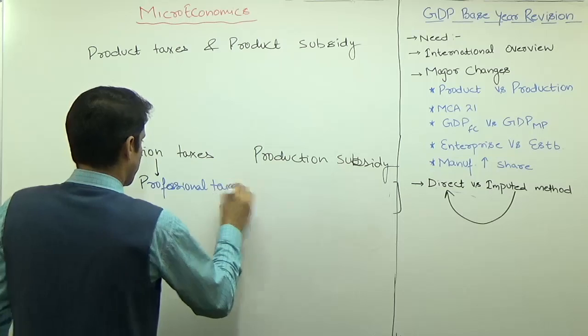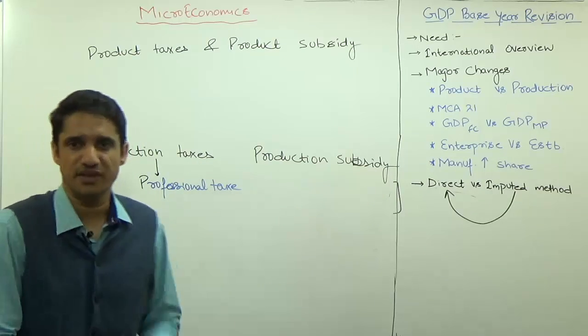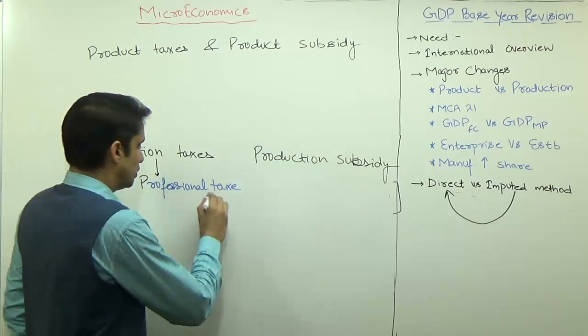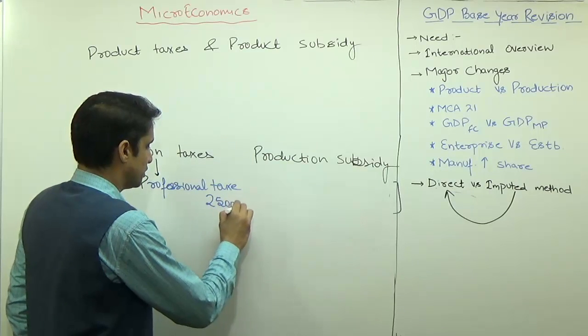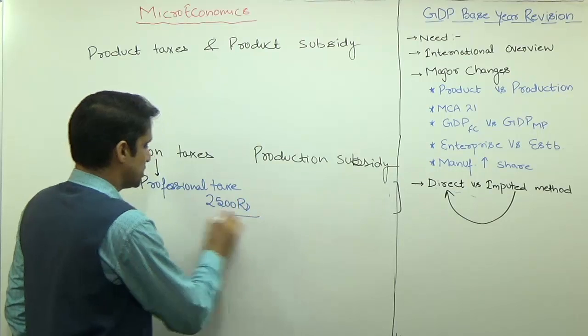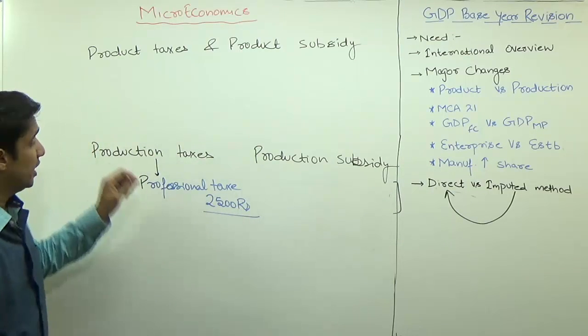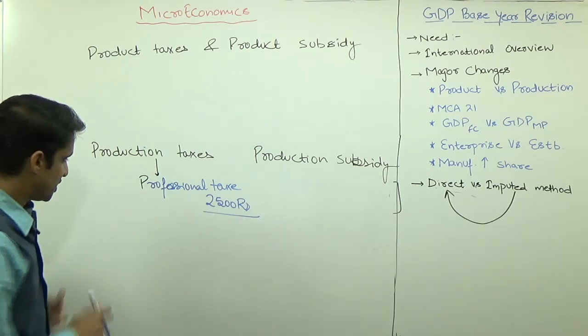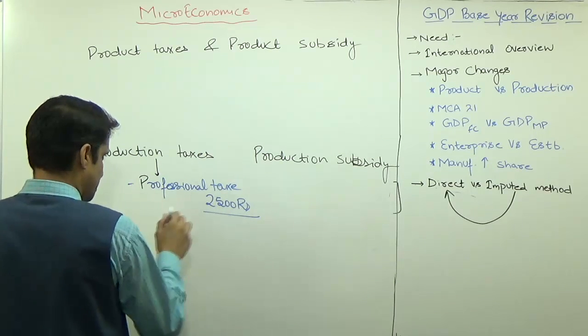So whatever your income is, whether it is 50 lakh, 500 lakh, whatever your income, you have to pay a fixed 2,500 rupees as the professional tax. So it means it is not dependent on the actual value of the production. For example, we can say professional tax, then we can say